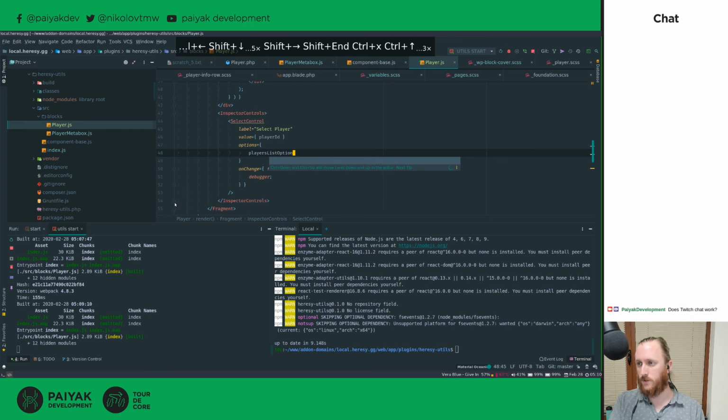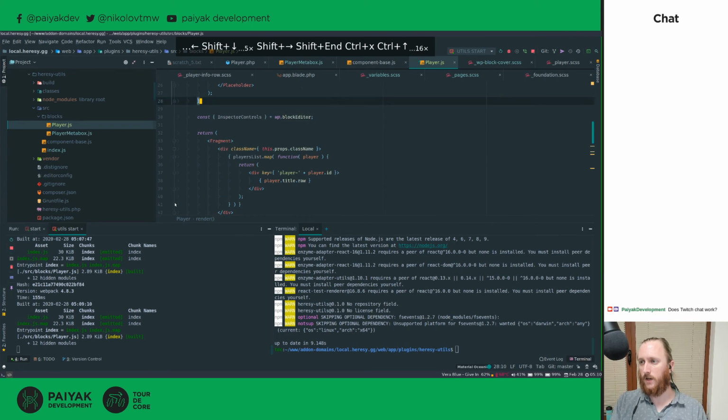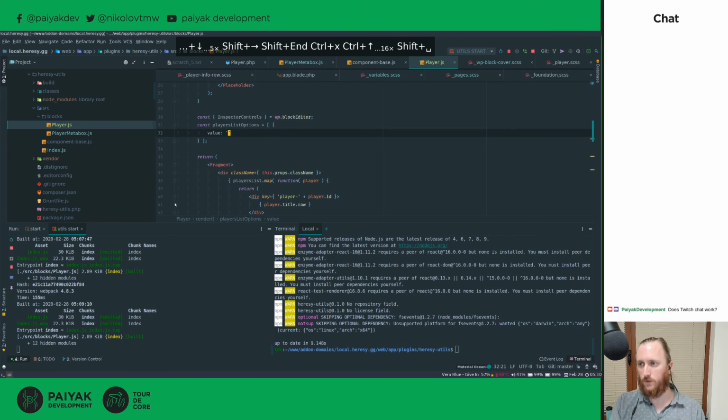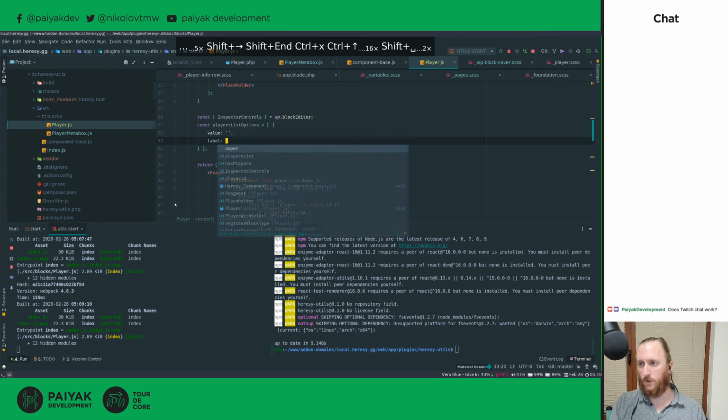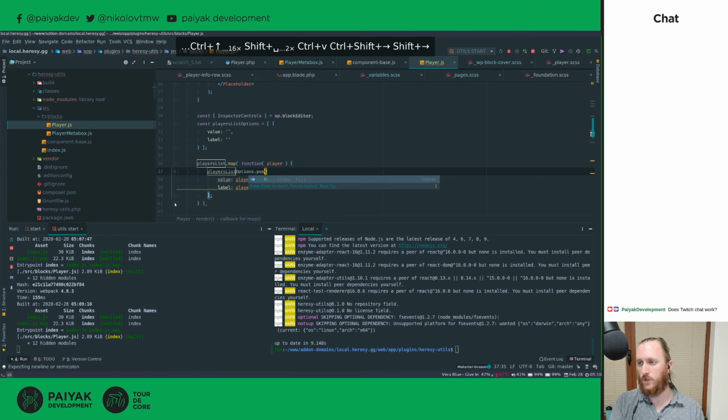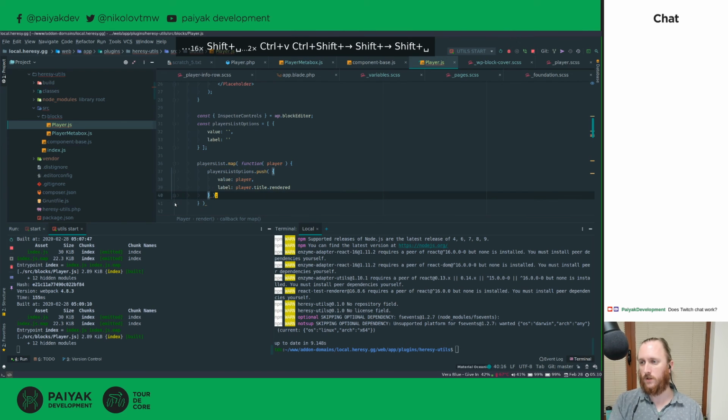Players list options. Okay, and so now what we're gonna do here is const player is an empty array. Well, not an empty array. We do have value of empty string and a label of something, and then we map and we say players list options push or label select. Okay,